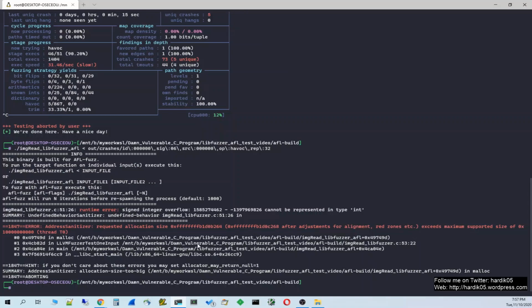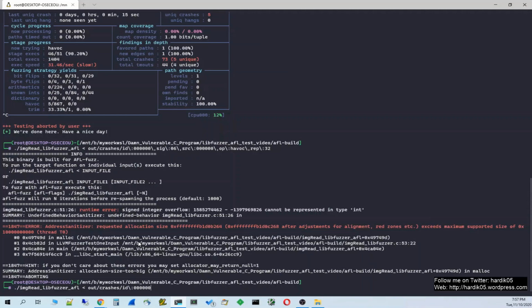So kind of the same thing over here. Requested allocation size is very big over here, and you can see that our function, that is LLVMFuzzerTestOneInput, was executed over here. So yeah, this is how it works. We are actually fuzzing a libFuzzer harness using AFL over here.